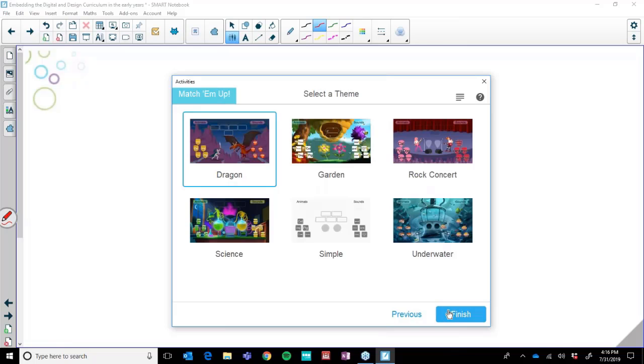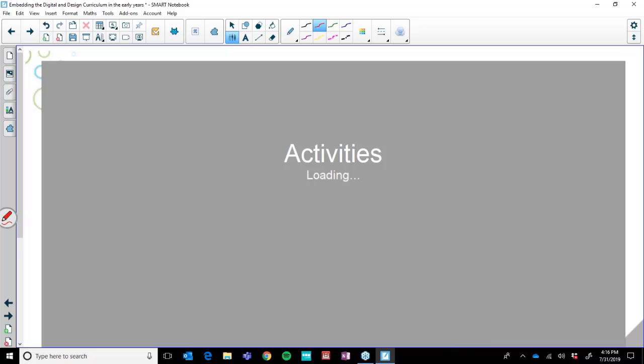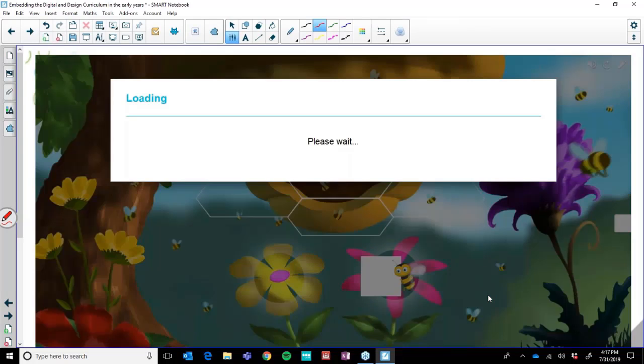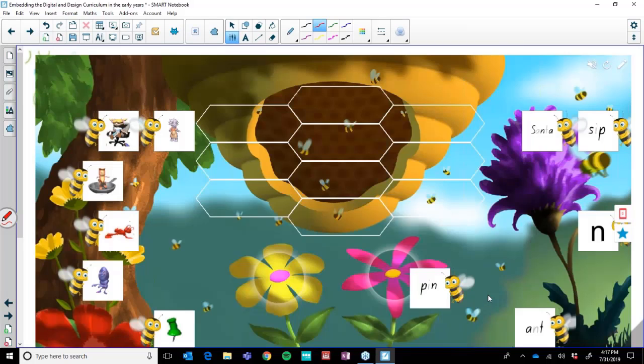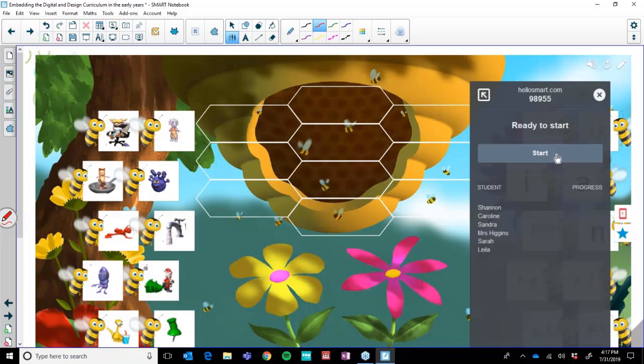And so what I did was I chose my theme. Let's go with a flower one this time, and then within a couple of minutes, I've now created a game that I can push out to my student devices. Now, at the moment, you're probably looking at the sunny cold sort them if you have joined my class. If I click start here, it's actually going to buffer you out of that activity and push you into this one without you having to do anything. And now my students can play these games.